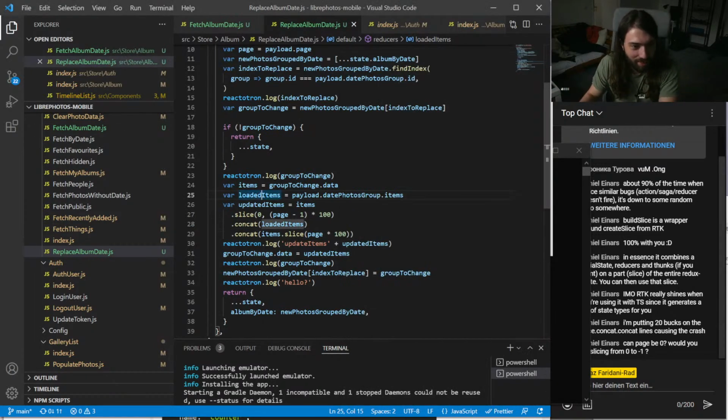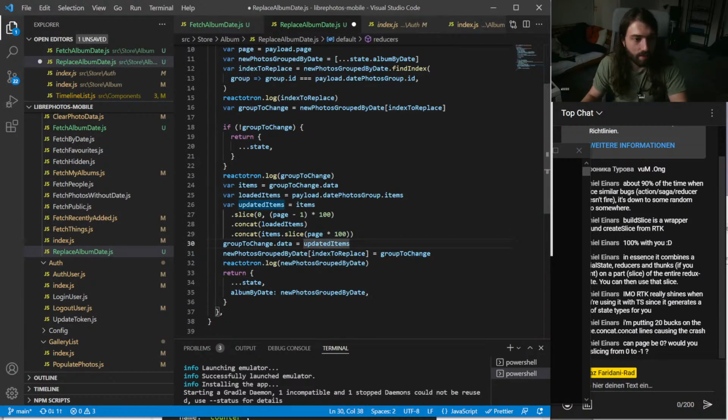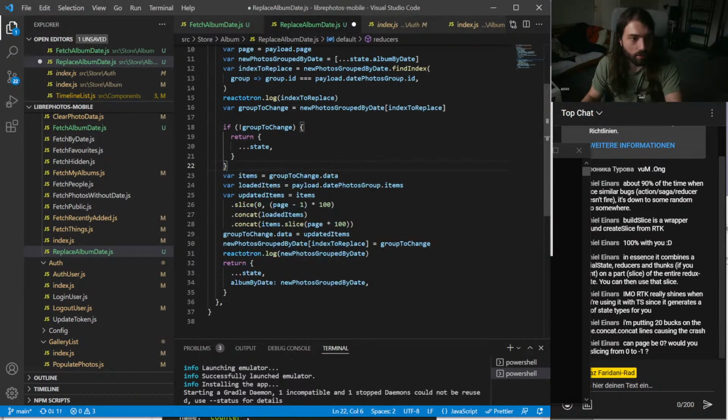Okay, so we technically... I will now print that so that we can see that it is updated. Group to change. I don't need that any longer. Save.